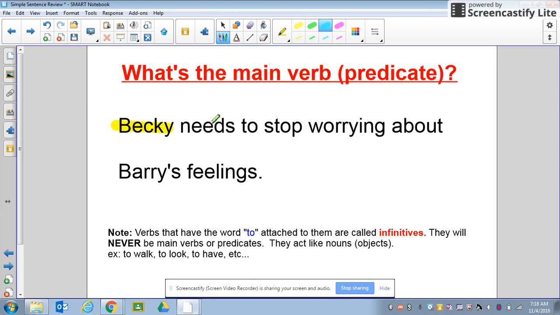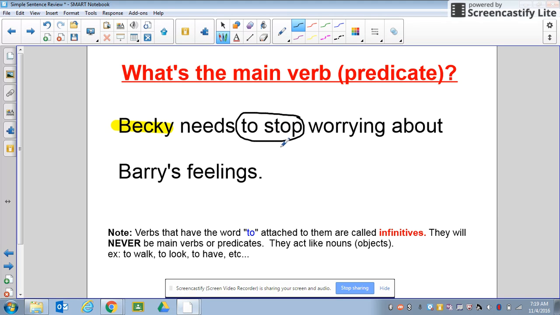So if we look here, we see all these verbs. We see needs, stop, worrying, right? And the first thing many of you will probably go to is Becky needs to stop, and you'll see to stop and you'll think that's a verb. But remember what we talked about, that whenever you see a verb with to in front of it, like here, these are actually not verbs anymore. They're called infinitives. They act like objects and they act like nouns. So you will never, ever highlight a word with to in front of it like this,